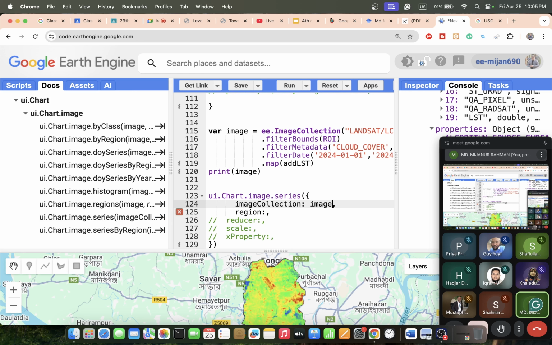Okay, so now region, your shapefile variable name, which is ROI. Reducer: I want to compute, suppose, maximum LST or minimum LST or average LST. Suppose I calculate for mean or average LST. Then scale, basically the resolution of your satellite imagery, mainly 30 meter for Landsat. X property, put the X property